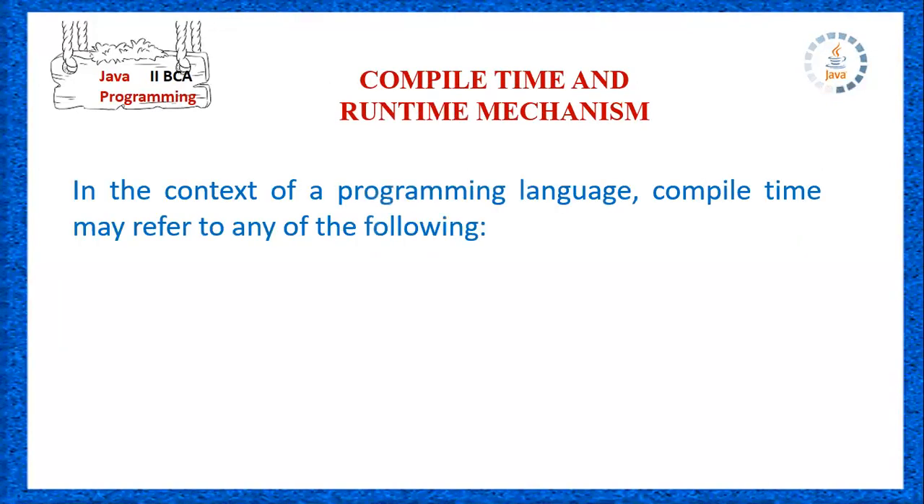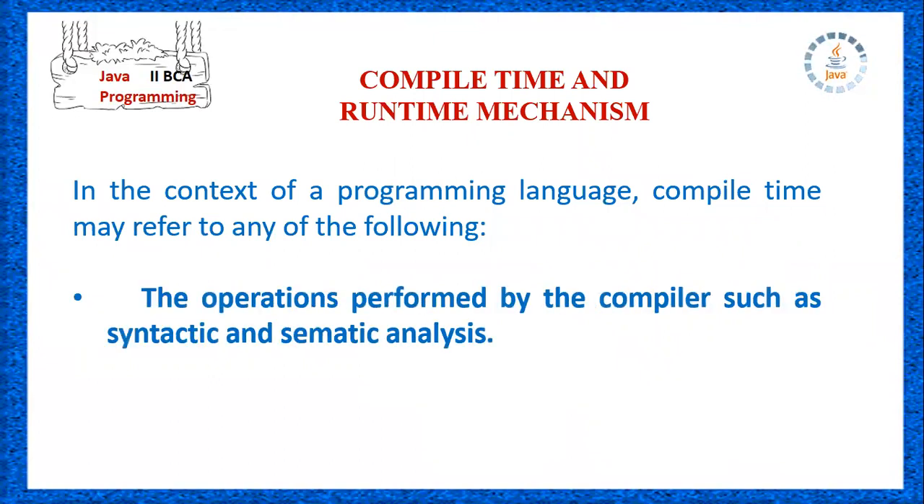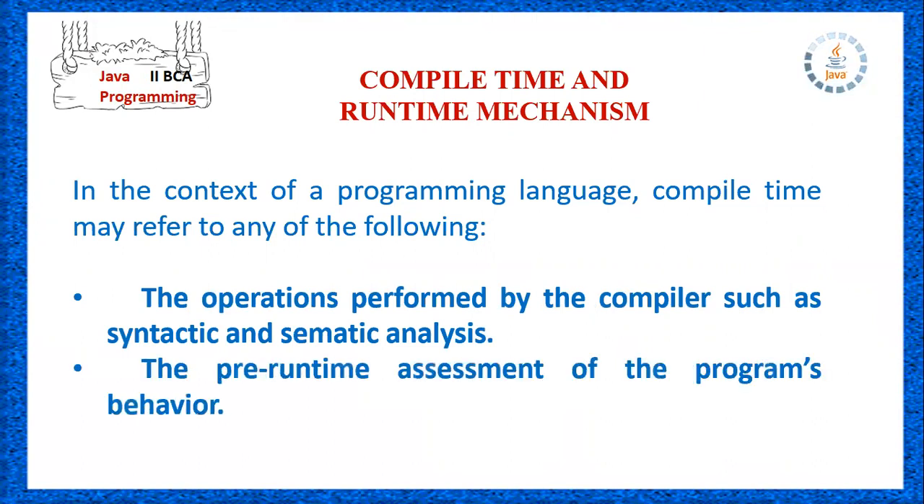Next one, the compile time and the runtime mechanism. In the context of programming languages, compile time may refer to operations performed by the compiler, such as syntax and semantic analysis, and pre-runtime assessment of the program's behavior. In Java, apart from syntax and semantic checks, an important logical task performed at compile time is the implementation of inheritance. It is at compile time that the child class inherits the public data members and methods of the base class. The runtime, on the other hand, is the time period when a semantically correct program is actually executed